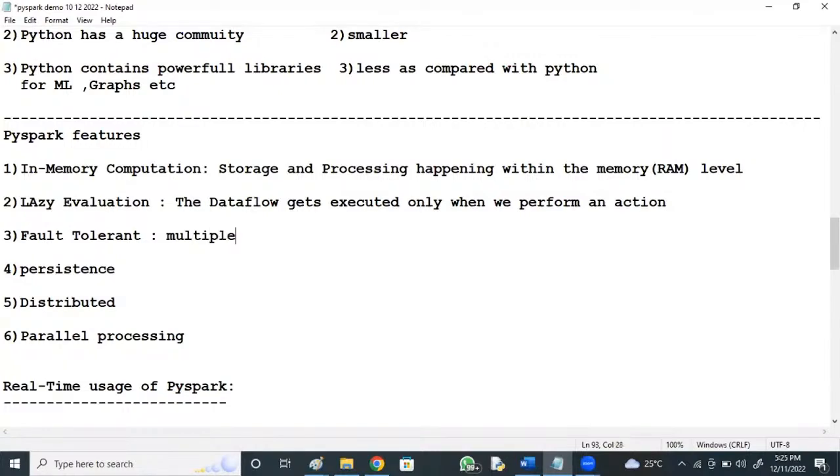Multiple tasks are executed by multiple slaves. Slaves means systems.